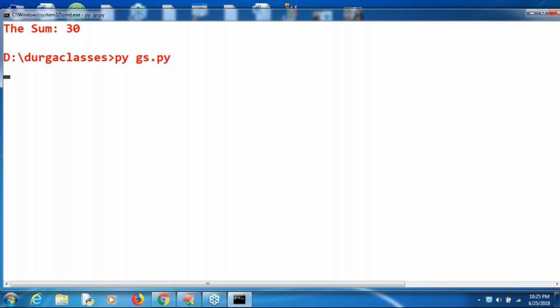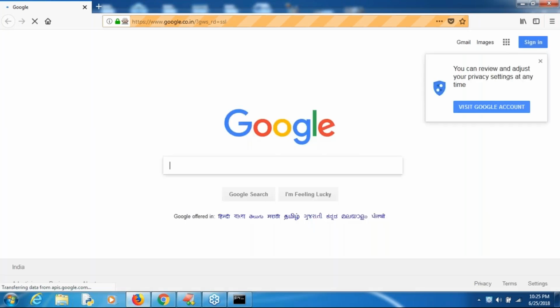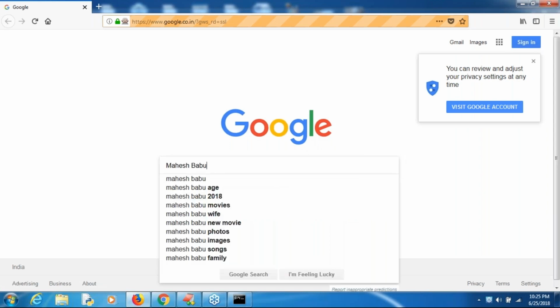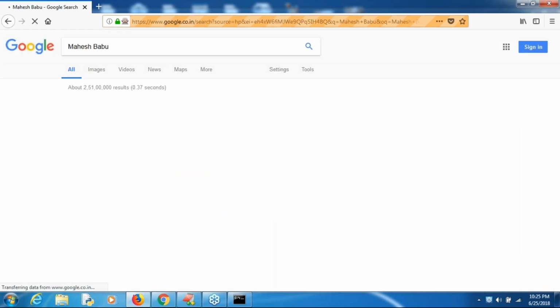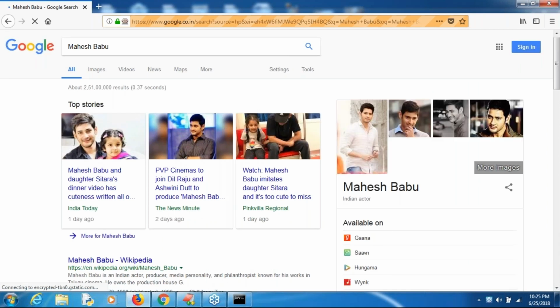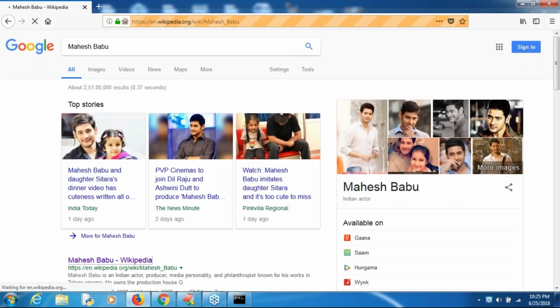No problem. Any browser we can select. Need not be Chrome. Any browser I can select: Chrome, IE, Safari. Yes. It opens the browser. Next, it opens Google. Next, typing Mahesh Babu. Yes, it's typing. And then Google search. Yes, searched. Next, after that the link also. Yes, that's all. My hands are completely free for this activity.